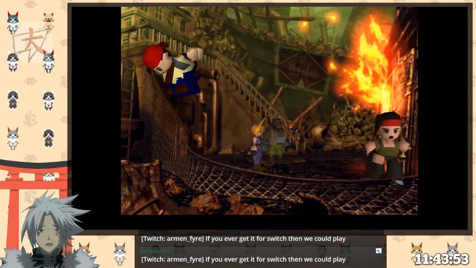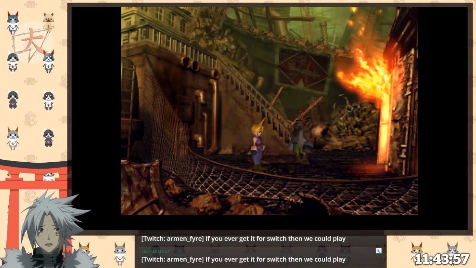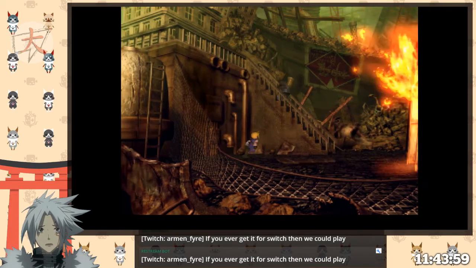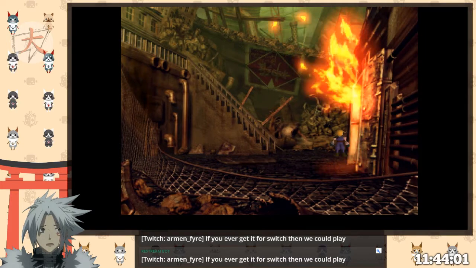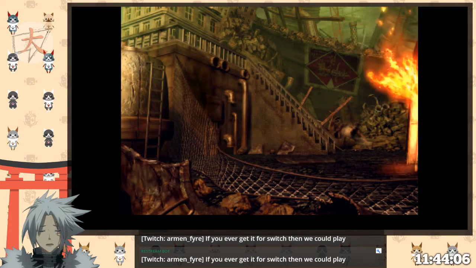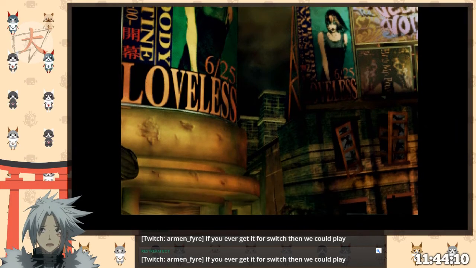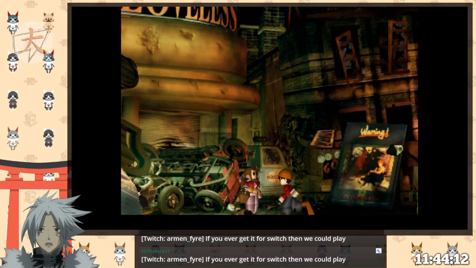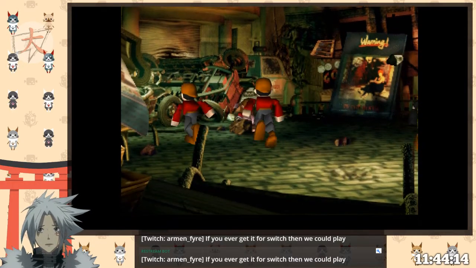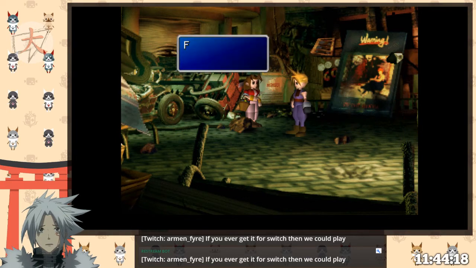But think of all the moments you have with Jessie in terms of her talking. So this is Jessie, you can see straight away you don't have her. Jessie plays so much of a bigger role in Remake. And all that wandering around the town and stuff like that, you can see that you don't have that. It's just straight up like